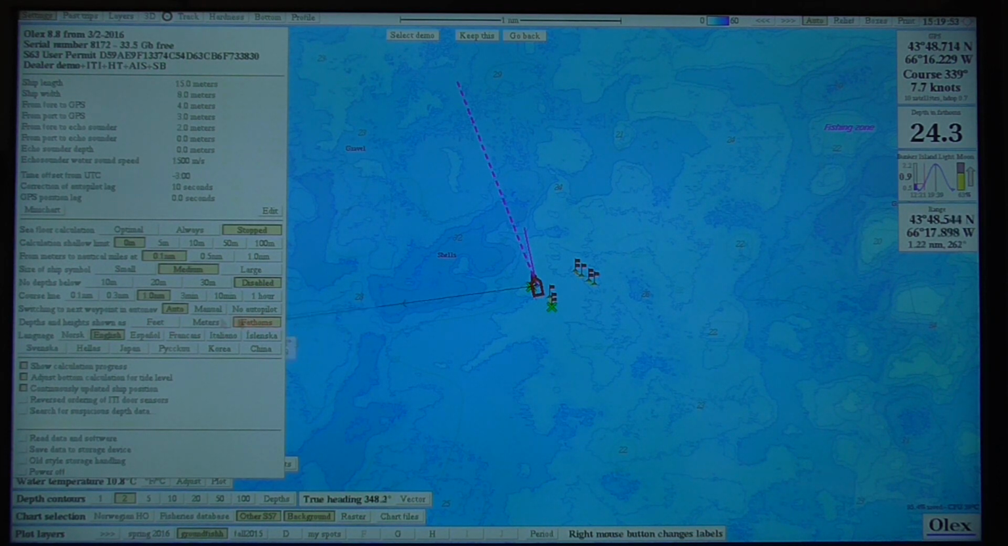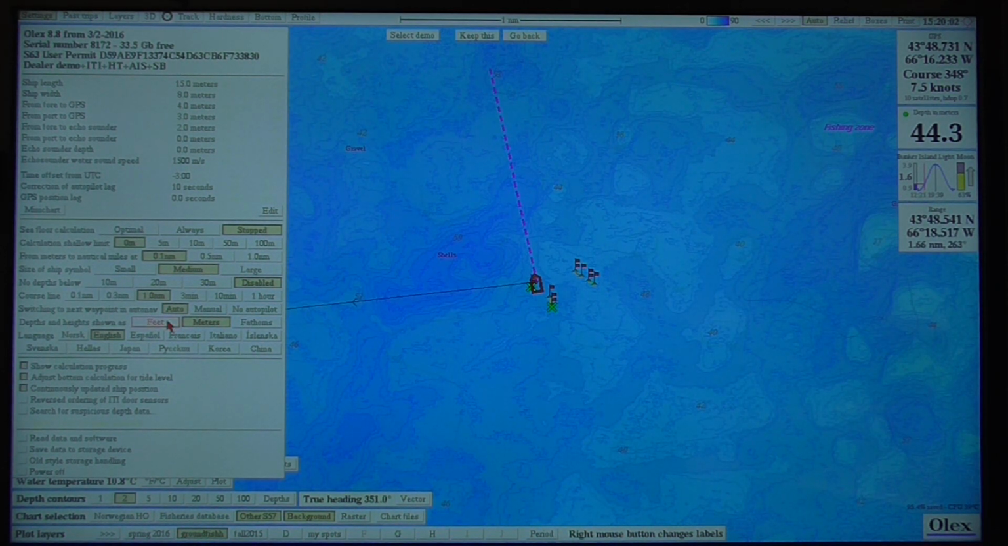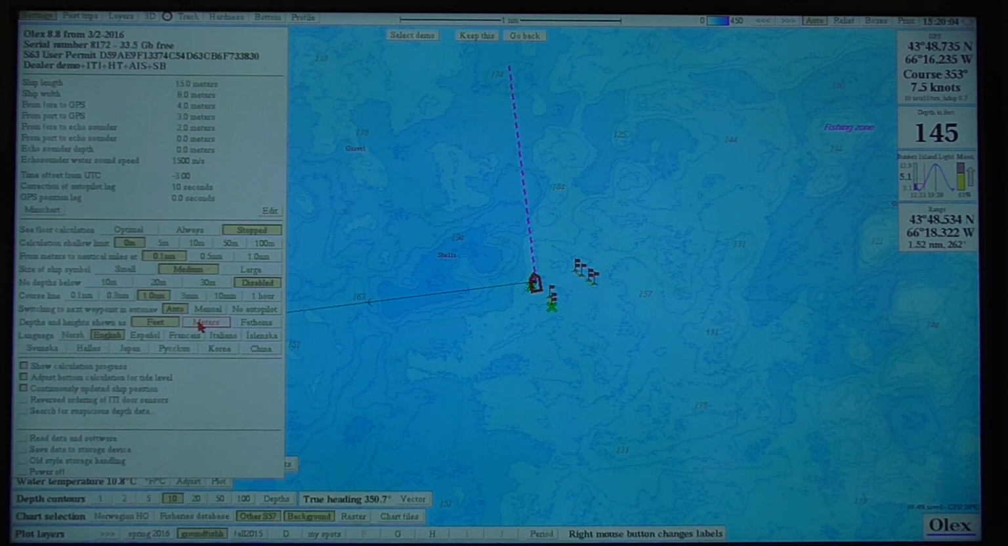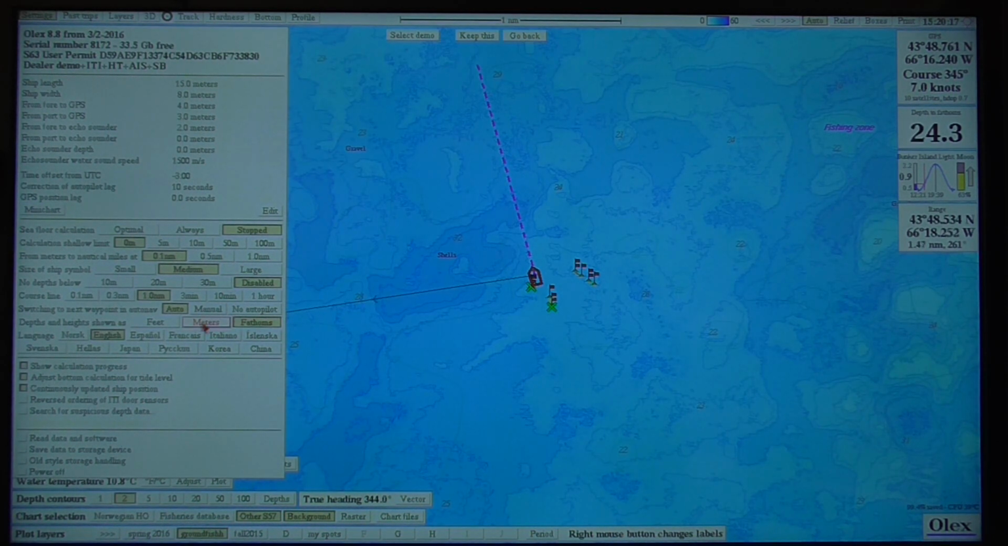Very easy to switch between different units of measure. So right now I'm looking at fathoms. If you want to switch it to meters, very easy, and feet, very easy. So as you can see, the digital chart numbers in the background from Chart World or your local ENC provider, you can see those numbers change as you adjust the